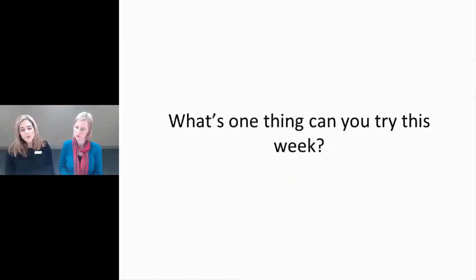Alright, so just to end, what's one thing that you can try this week? After all of this, you might be thinking, that's a lot of stuff to take on board. What can I try? So we'll just encourage you to pick one thing that you can try this week. It could be as simple as just slowing down your rate of speech, or using shorter sentences, or being aware of when you use jargon and trying to explain it. Once this one thing becomes automatic, add in another idea. That might be just trying to use more visuals, maybe using more emotion cards or things like that. It's up to you.